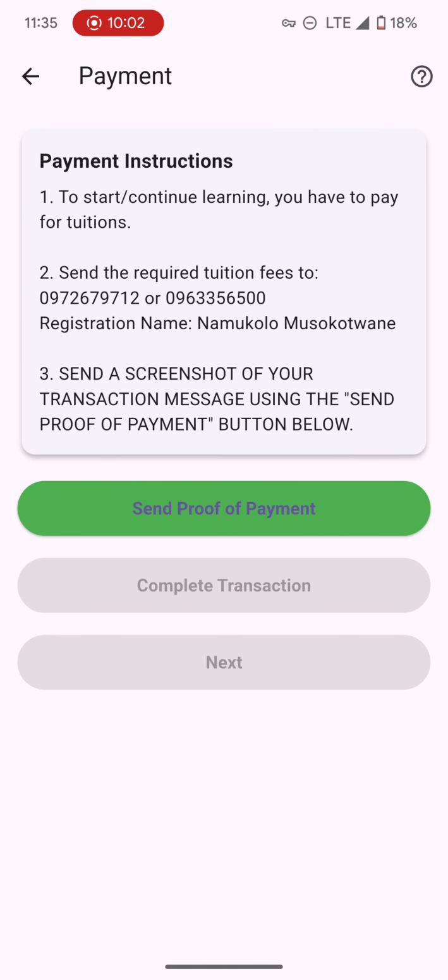So there are instructions here on how to make a payment. You just have to read through, but basically you just have to pay using mobile money, and of course the contact details are shown here, and of course they are registered under the name Namkolom Sokotwane, who happens to be our secretary. Okay, so once you do that, you have to